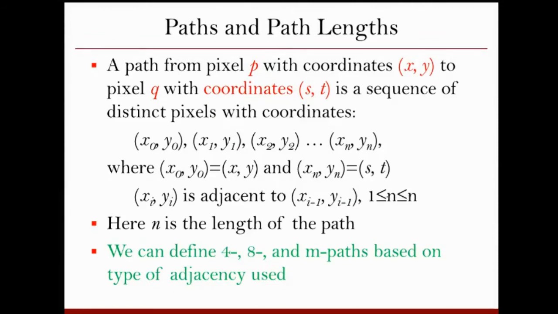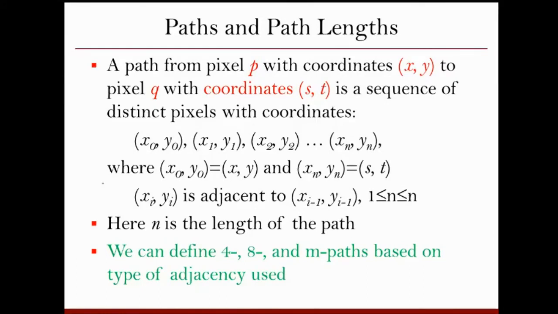Now, whatever definitions we have given till now, in that we are only considering the immediate neighbor. We are considering a point P, and whatever Q we are defining, it is in the neighborhood. Whether we are defining simple neighbor, or adjacency or connectivity, we are talking about the immediate neighbor. But now, if we extend this definition of connectivity or adjacency, we can define paths between the pixels.